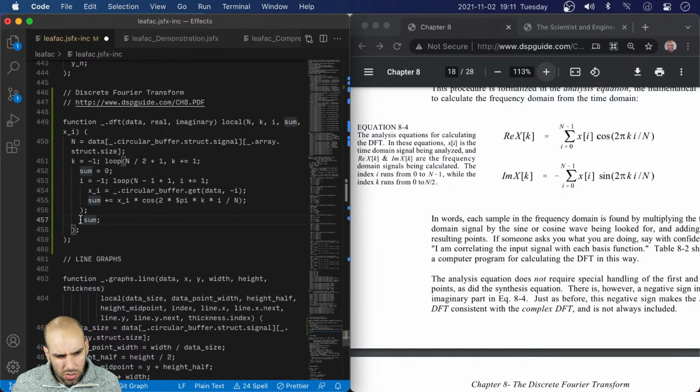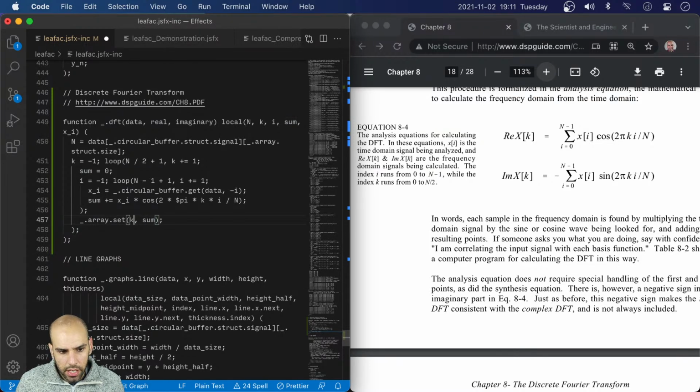So I think I'm just... No, but on a circular buffer, I cannot push things so easily. Does it matter? Yeah, I think I'm going to use arrays for real and imaginary. I may use arrays for data as well. We may revisit this. Right, so array set